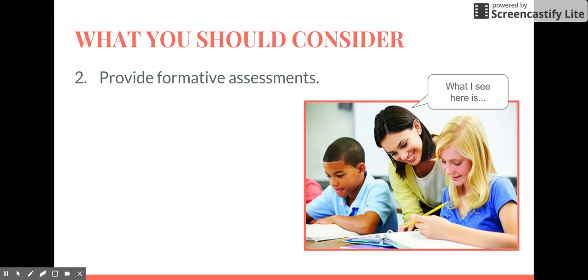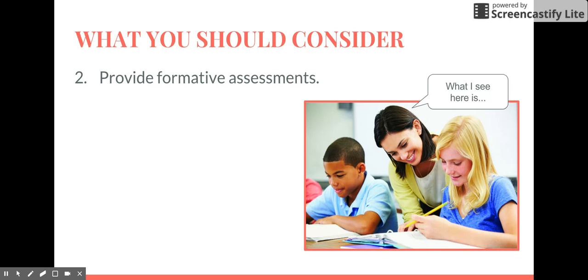And thinking about formative assessments, these need to be timely. These need to be provided to students in a way that allows them to really fix the immediate problems in order to reflect on what they're doing, revamp what they're doing, and then make positive change as soon as possible so that once they do reach those end games, once they do reach where you want them to be, they're getting there in a proper, timely manner. So providing formative assessments and making sure to keep up with those is extremely important.